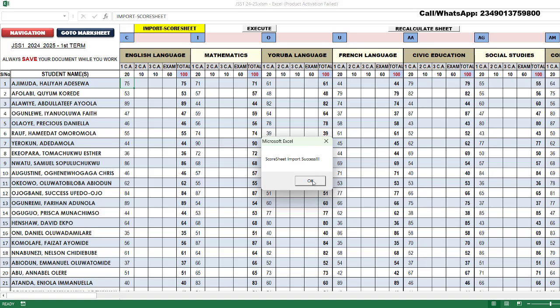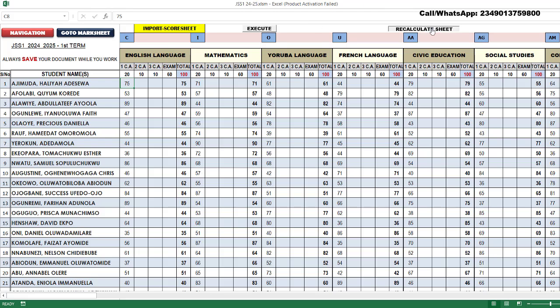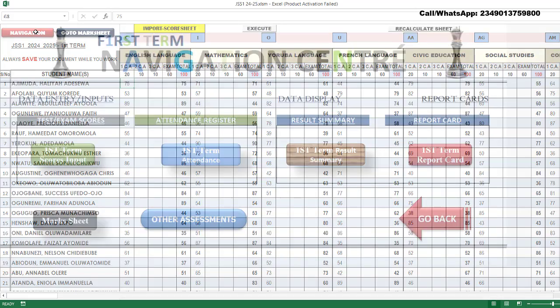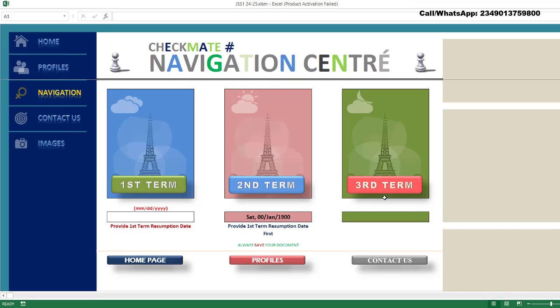Alright, so this has been imported. So this is what we need. And of course, as I mentioned before, every time you use the import sheet, you have to recalculate the sheet. So let's recalculate. Right, the recalculation is complete. So now we are done with this, and then we can go to navigation, and then go to second term,